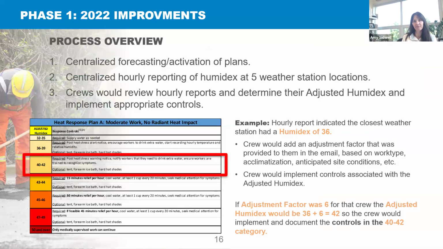So yeah, the phase one approach, because we didn't have the on-site measurement tools, we did a centralized forecasting and activation of plans. So there we have 5 weather stations around the city. Every hour, once the air temperature got above a certain threshold, a report got sent out for what the humidex value was at these 5 locations around the city. And then that email was sent out to crews, and crews would determine what their adjusted humidex value was and